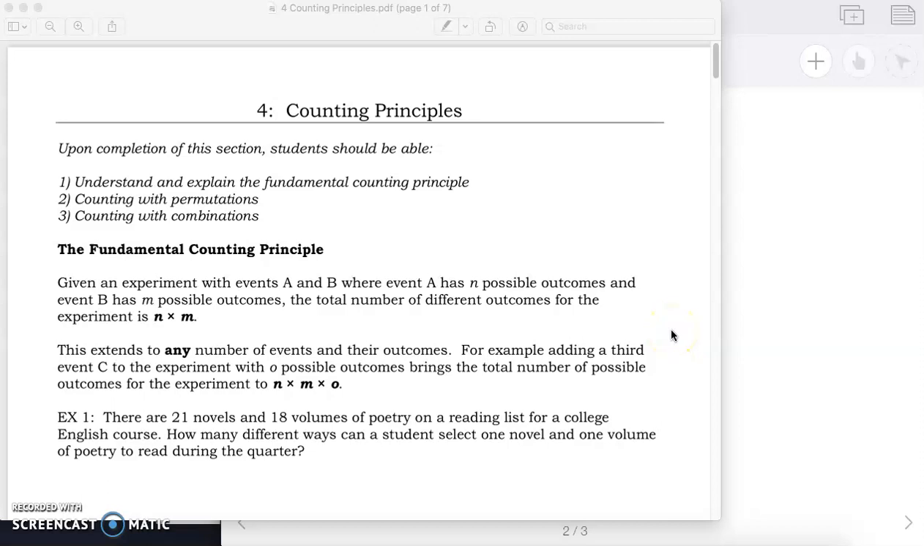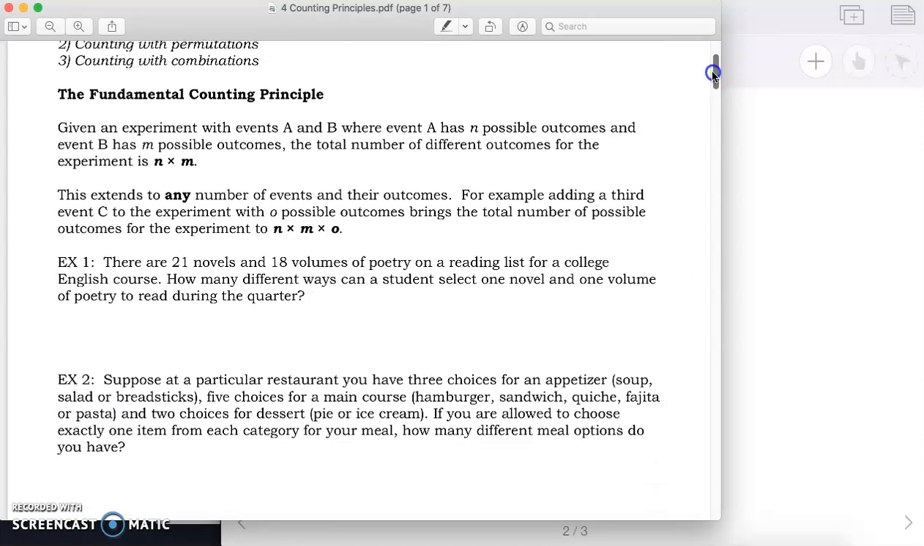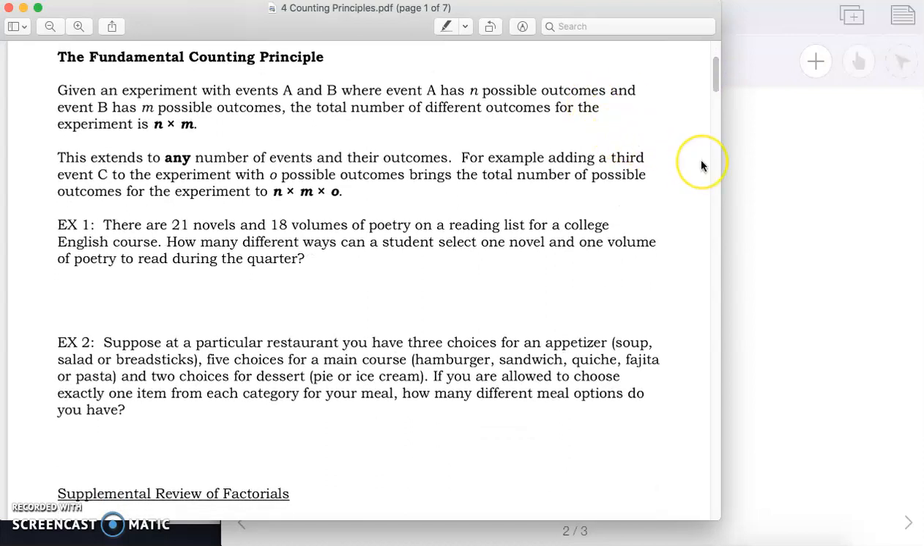Unit 6, Topic 4, Counting Principles. We're going to talk about how to understand and explain the fundamental counting principle, counting with permutations, and counting with combinations. The fundamental counting principle: given an experiment with events A and B, where event A has n possible outcomes